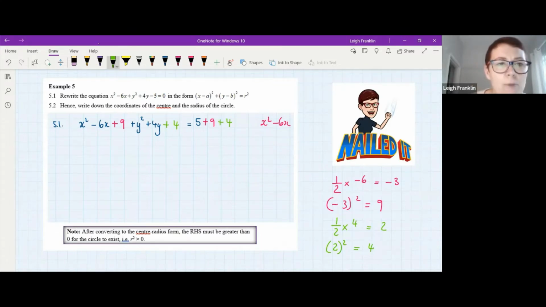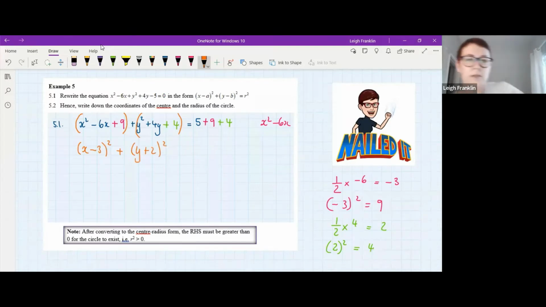Okay, now I'm going to factorize my perfect square trinomial. So I've got a perfect square trinomial in terms of x and another perfect square trinomial in terms of y. Right, so now I'm going to factorize. x squared minus 6x plus 9 factorizes to x minus 3 multiplied by itself. And y squared plus 4y plus 4 factorizes to y plus 2 squared. And there on the right-hand side, I've got 5 plus 9 plus 4, which is going to leave me with